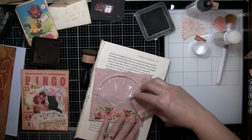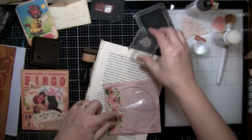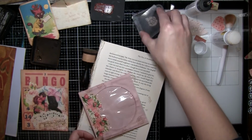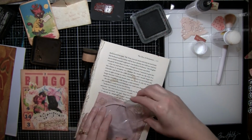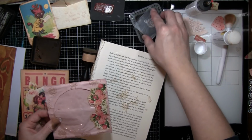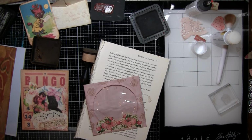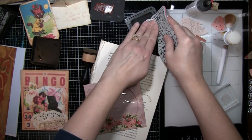And I'm just going to kind of go here and there. And you know, you might be smarter to do this ahead before doing this, but it was one of those, you know, afterthought kind of things for me, as happens quite often. Just do some little bits of it down here so it looks more purposeful. Then I think I'll do a little bit of the words from Tim Holtz. I just put it in a plastic bag so that it stays a little more, it's kind of starting to get dry. And this I'm just barely